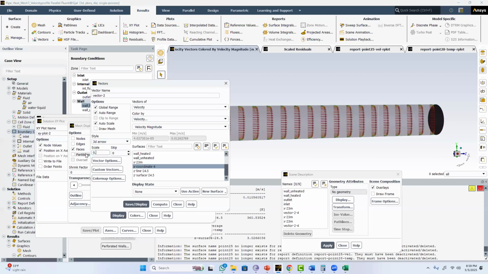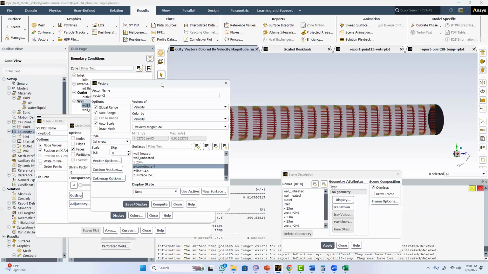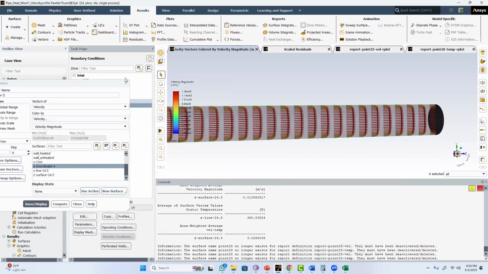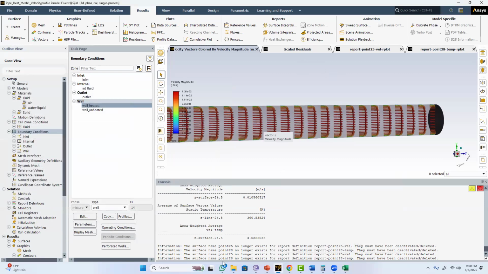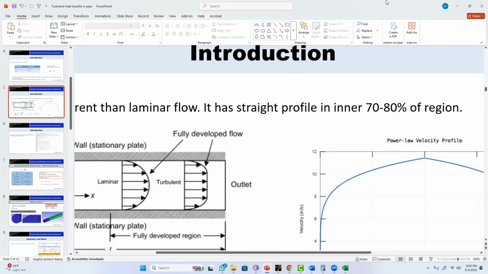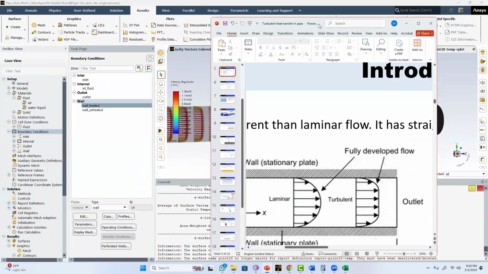Let's make it 0.6 maybe. Now you can see here that this resembles the same profile as I was talking about here, this one. If I put them side by side,